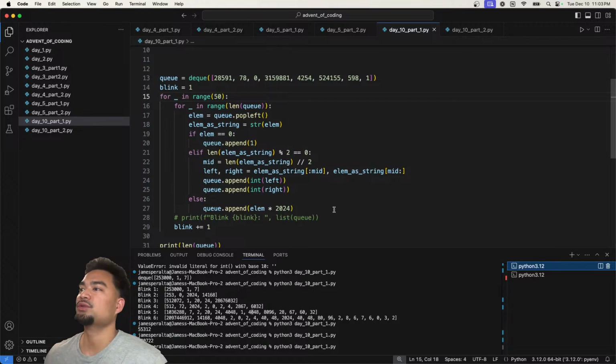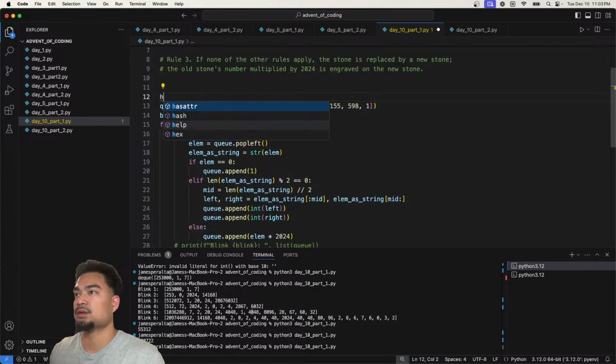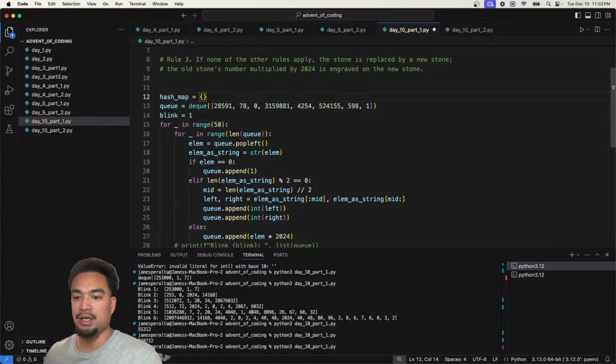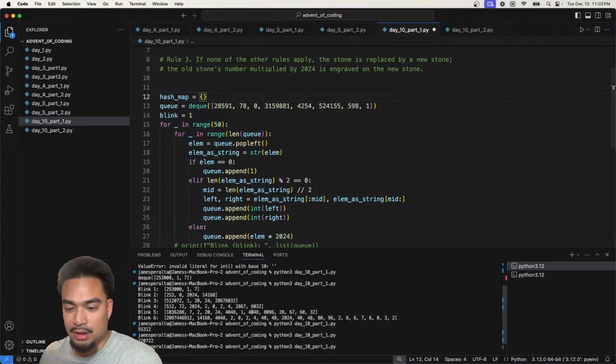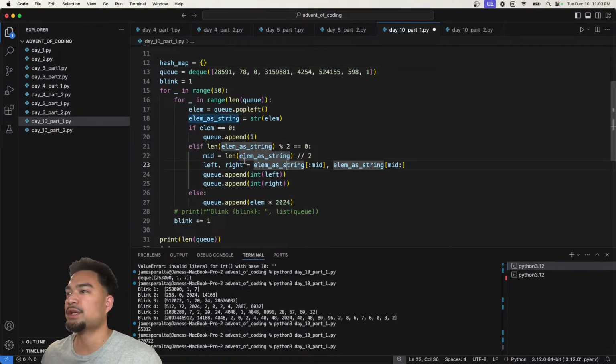So what we can do is, yeah, maybe we can create a hash map, which is a dictionary. Yeah, I'm about to use a hash map. So what I'm going to do is cache whatever element as a string. If I already calculated what that element is going to turn into, I'm going to